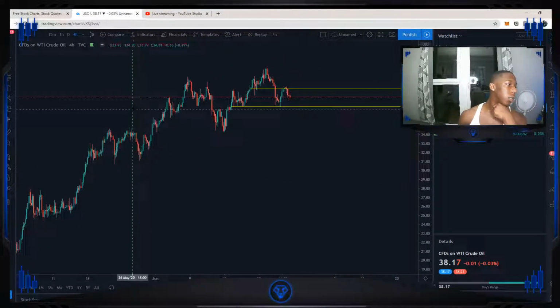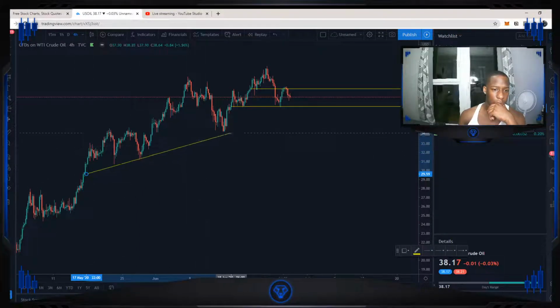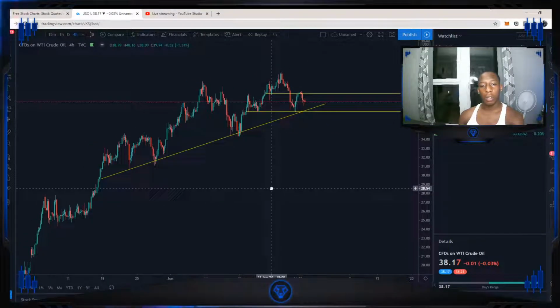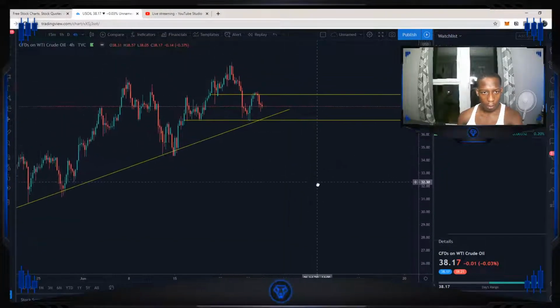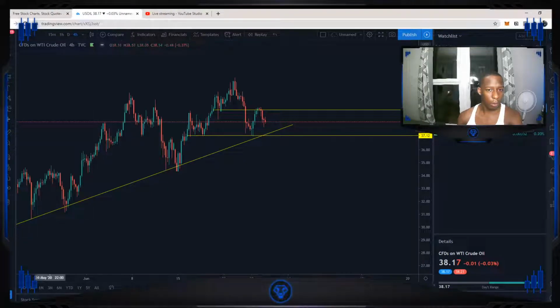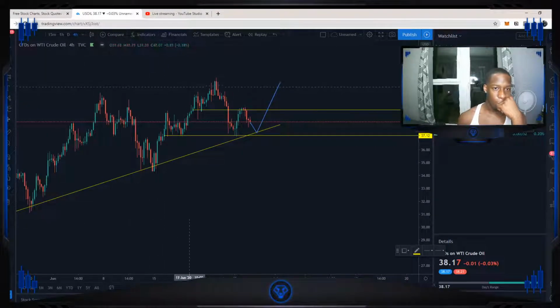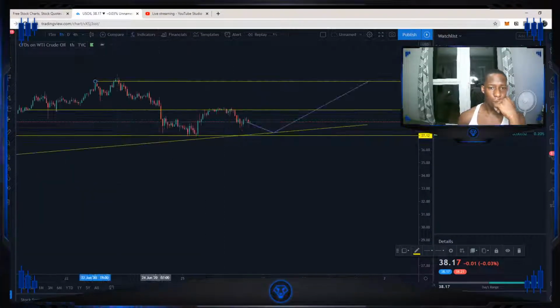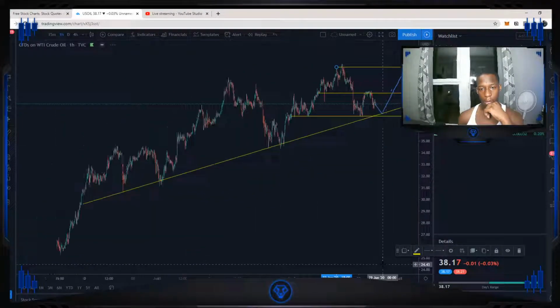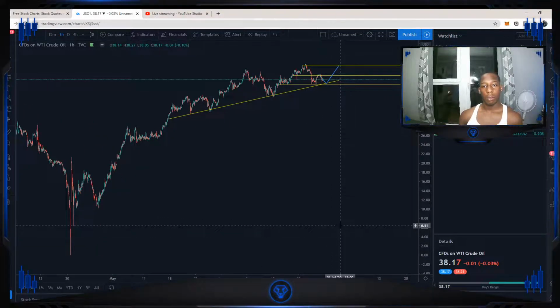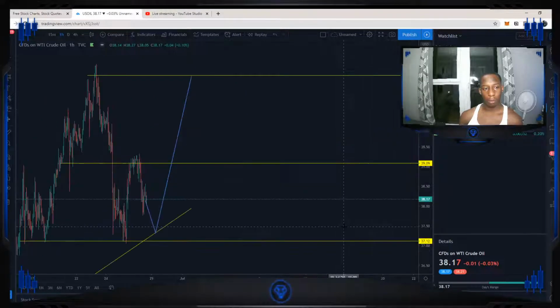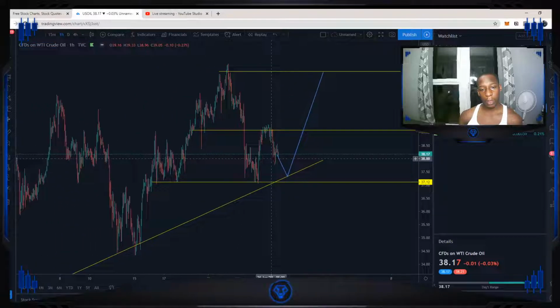There's quite a clear uptrend actually. So US oil could short for a bit, come back to this level,